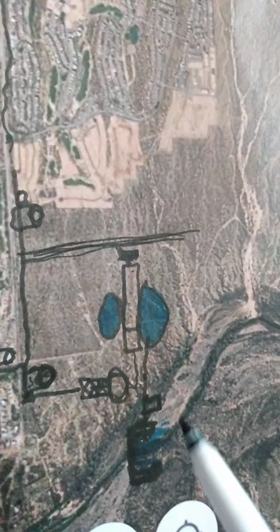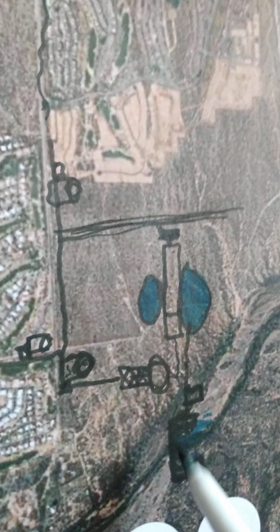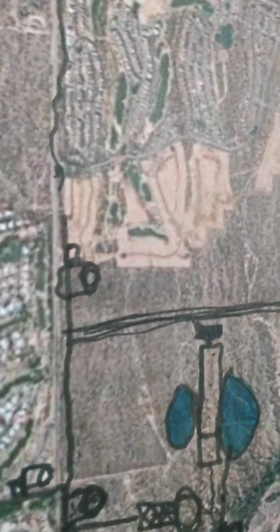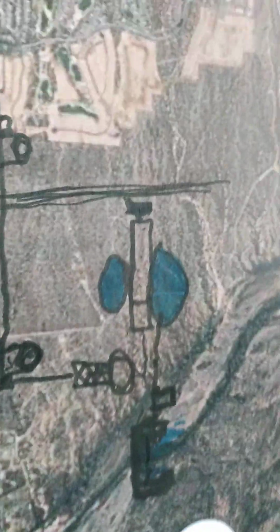Well, anyways, this would be the cheapest temporary fix. This dam here, I guess it would have to span the whole river bottom. You know, it's not full of water, and then a floodgate in between. So you can hold back some water so they're not sucking in air when they pump water out of it. They'd pump water out of it through the side of this dam. There's a pump station, piping over to this lake, maybe a couple pipes in case one gets clogged or something,